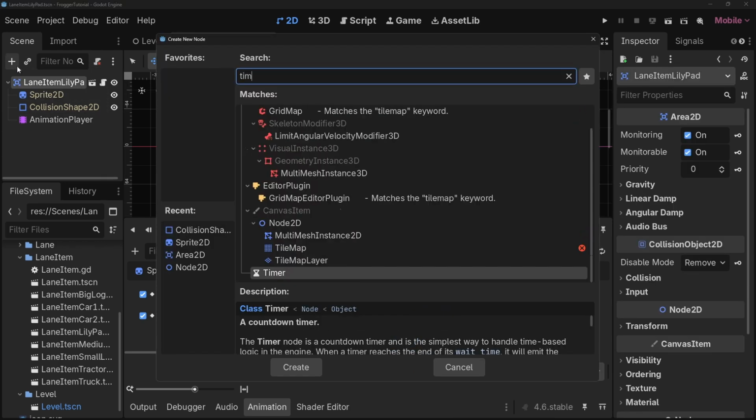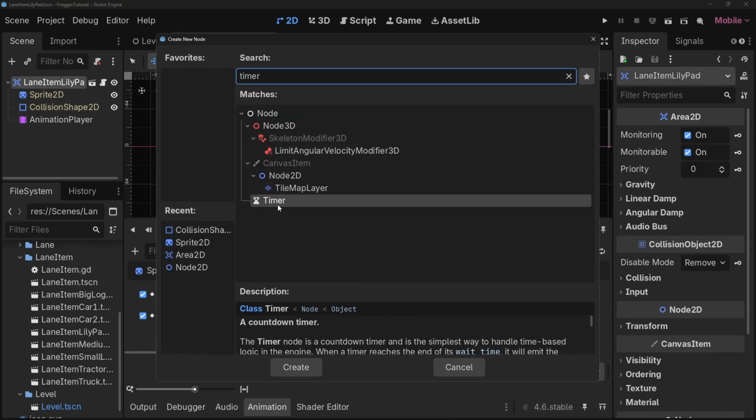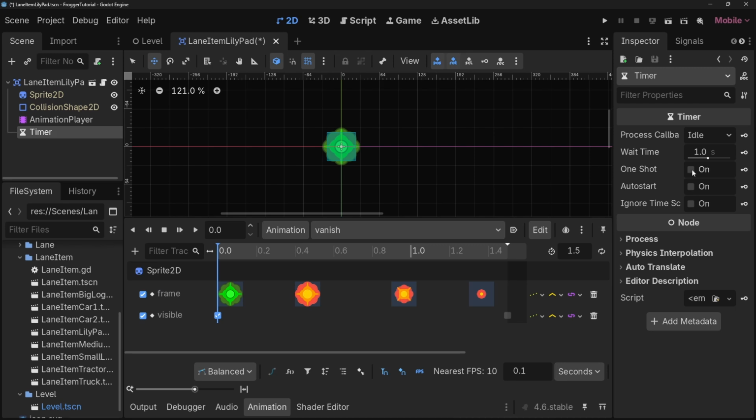We can add a new node in here and we want a timer, if we can find it, Timer node. Then on the right-hand side, make sure that's one shot because we're going to restart it each time. It'll have slightly different times. And the initial wait time doesn't really matter what that is actually. We can leave that at 1 second. We're going to set it inside the ready. Otherwise, everything's okay. So now what we need to do is add our logic in for the lily pad, which means extending the script that we already have for the lane item,